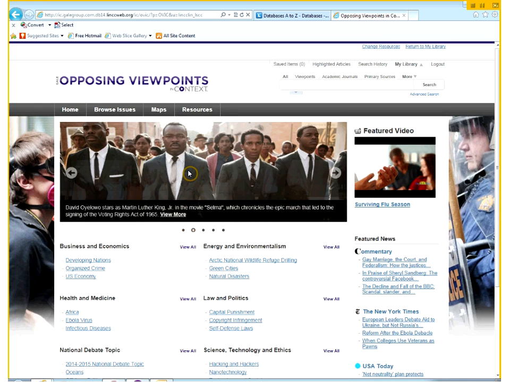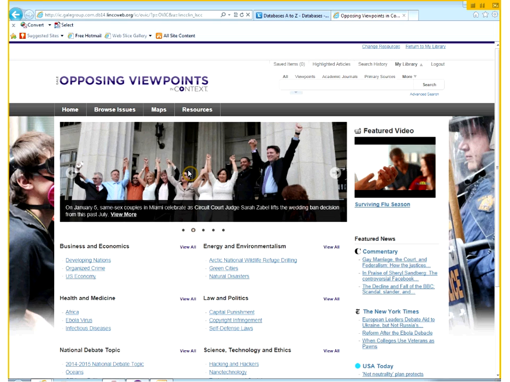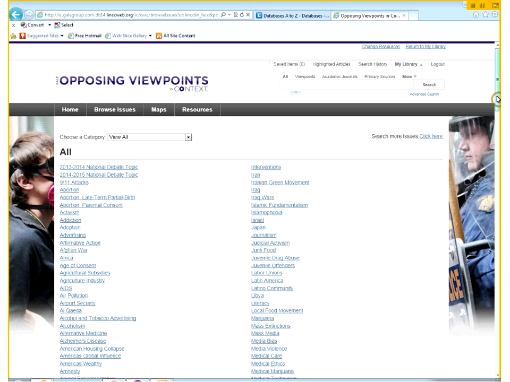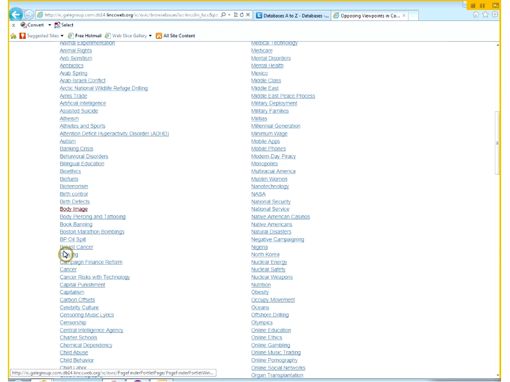Okay, with Opposing Viewpoints, there are a couple of ways you can search for information in this database. In the dark gray bar that's right under the logo for the database, there's a link called Browse Issues. If I click on that, it's going to give me subjects for topics that are popular right now. So they go through and give me these different areas. If I click on any one of these, say, let's do bioterrorism, if I click on that link,